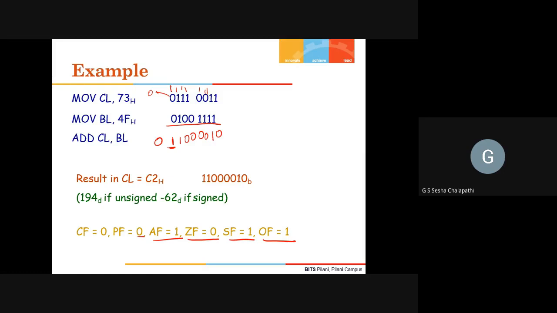Three ones, so the parity flag is 0, odd parity. Carry flag is 0 because you do not have any carry out. So the answer is minus 62 if it is signed, and if it is unsigned, it is 194.